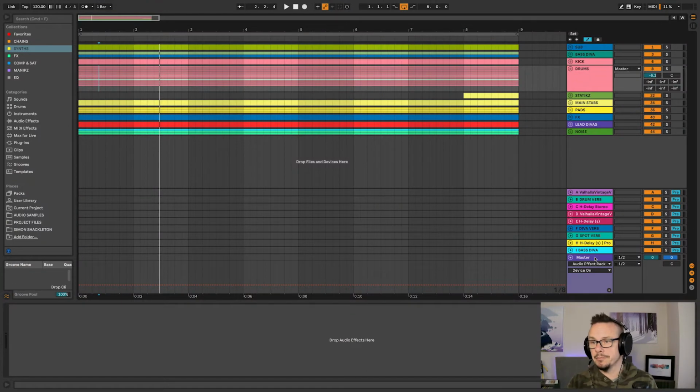So that's really important. At this stage, when I'm looking at all of these different parts, I'm also thinking about the relative importance of each part. So what does the listener journey look like from the beginning of the track to the end of the track? Are things like, for example, the stabs in this track, more important than the pads? That kind of decision making and understanding of what you want from those sounds will really help inform the relative levels of the faders. And if we just listen to this,